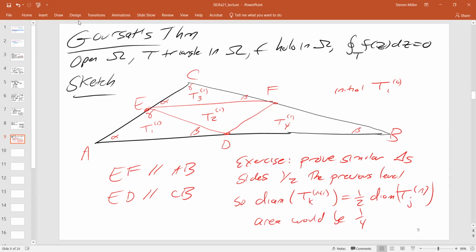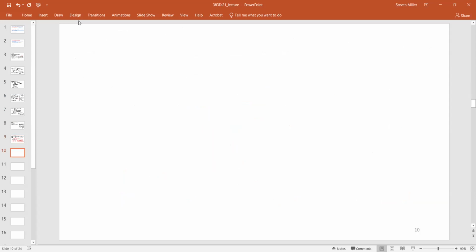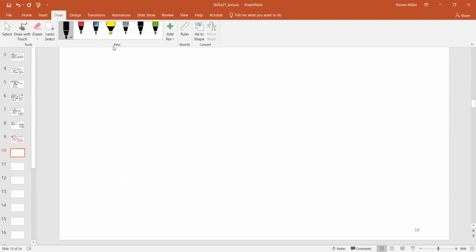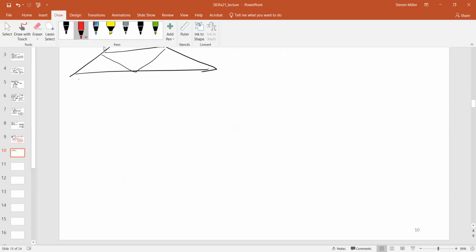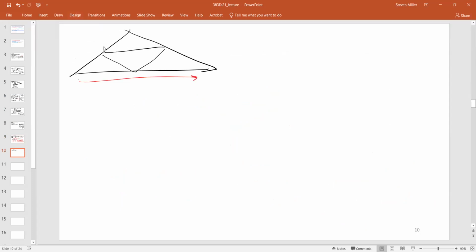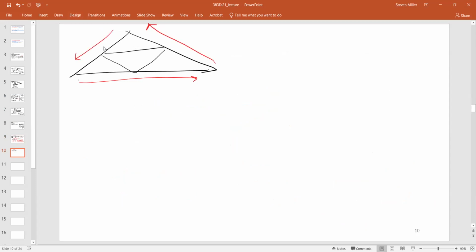Thank you. All right, so why is this useful? Well, if we try to do any of the integrations, if I give you some triangle to integrate over, and I break it up into triangles like this, and I start to do the integration, this is what I have if I integrate over the original outer triangle. But I can move and I can integrate over the inner triangle as long as I go in both directions. Because if I go in both directions, then it cancels out.